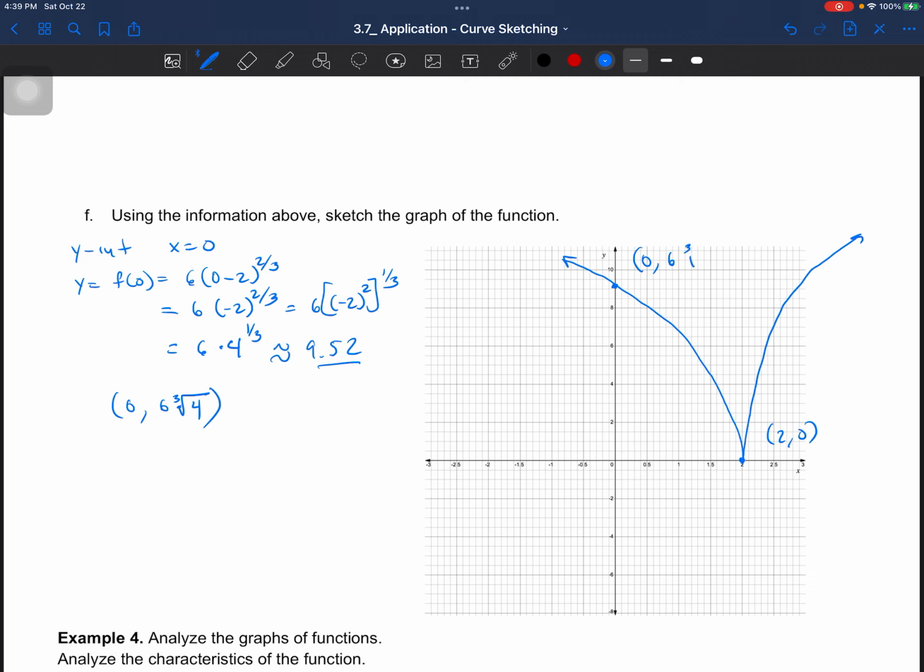And of course, we're going to label our points. So this point is (2, 0), and this point is (0, 6 times the cube root of 4). And there you go, right? We found all the